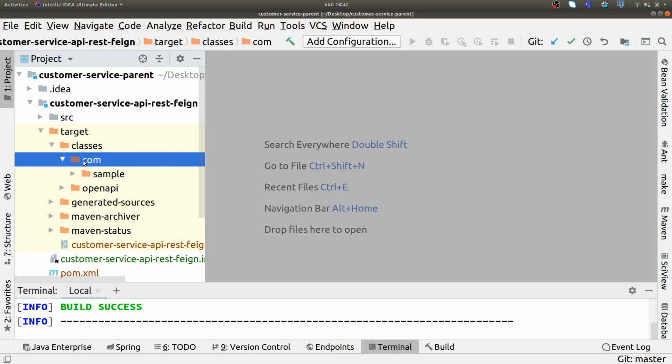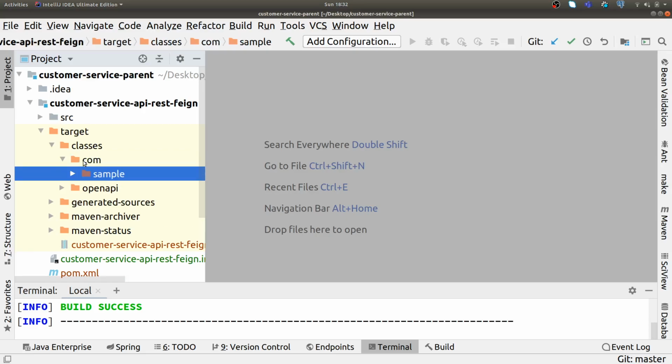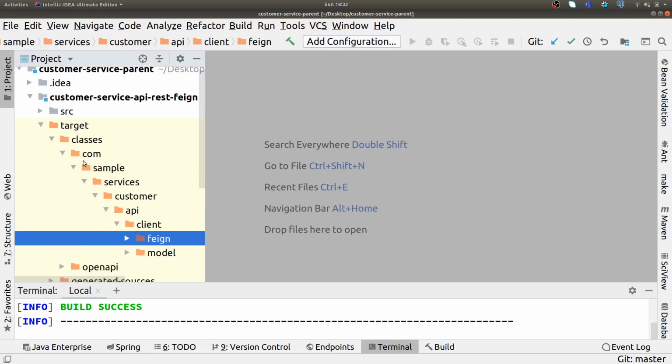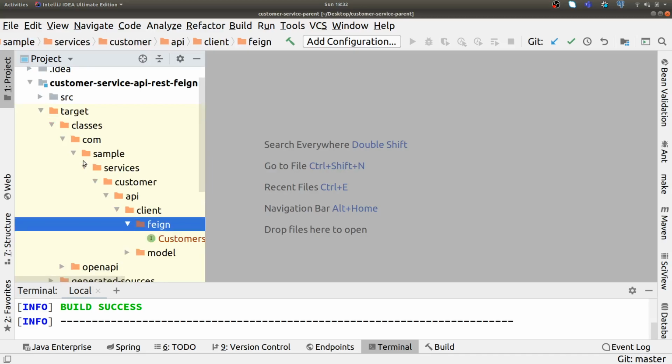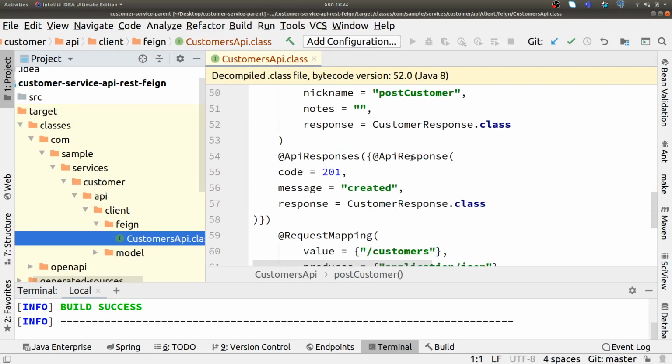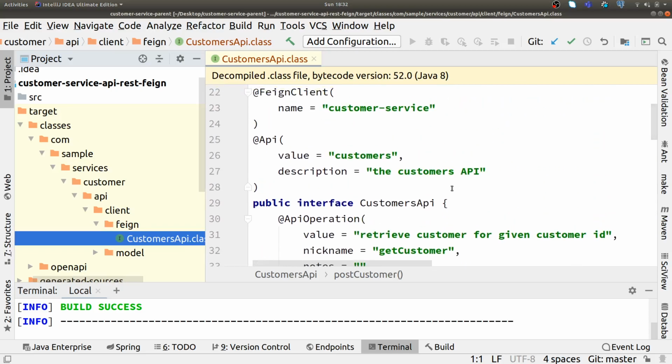If I expand this, it will be the package name which we have given in the properties, as I showed you before, and it will become sample services, customer, API, client, and Feign and model. First we'll check the Feign. It has created an interface API for us.